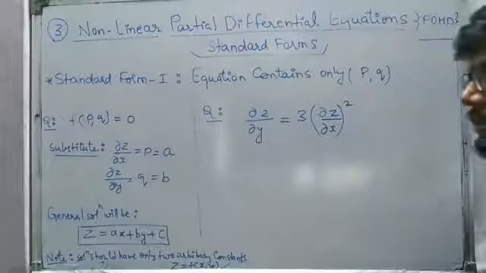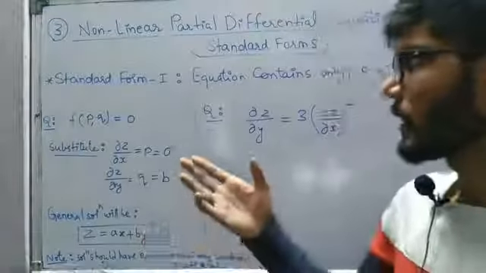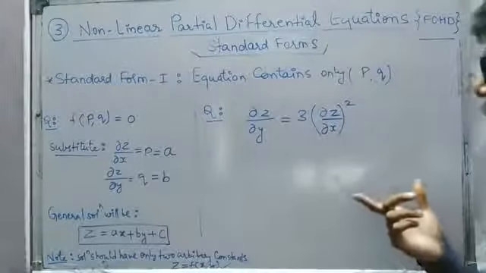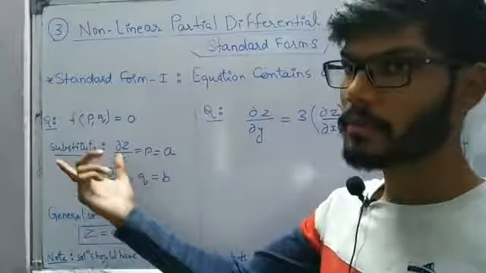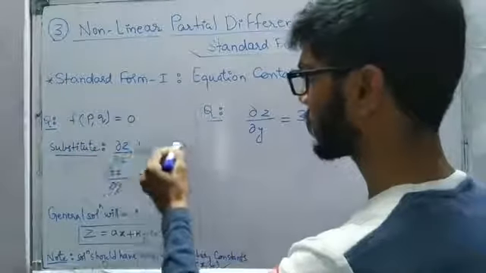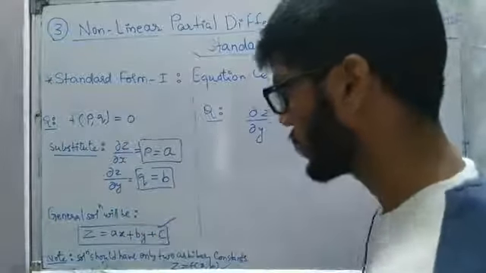So in that also, as I said, we are going to talk about four standard forms only. So the standard form 1 is nothing but the equation going to contain only p and q. So how are we going to approach that? If we have a question in the form of function f(p, q) = 0, we have to substitute p as a and q as b,